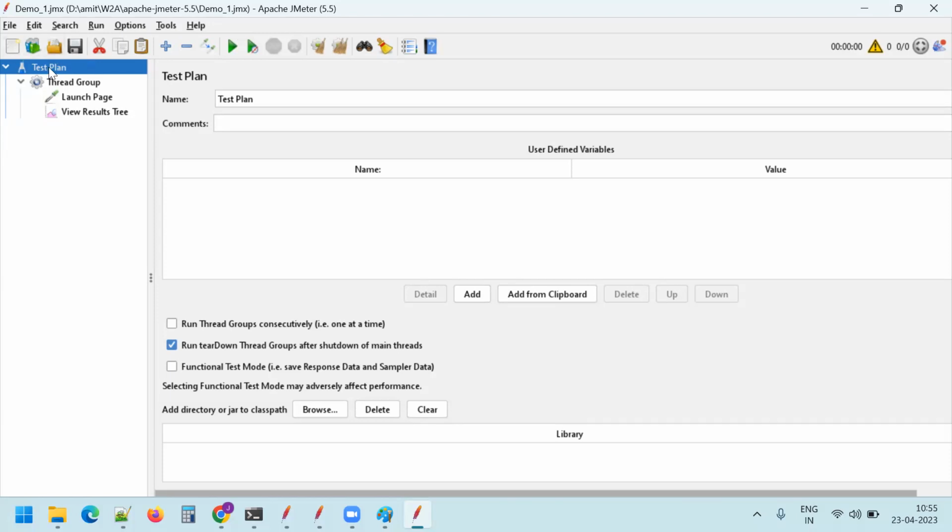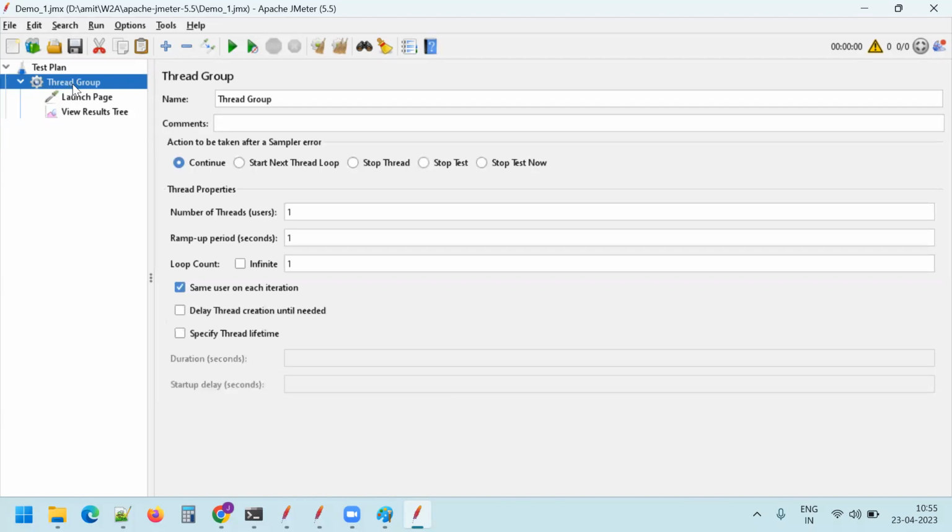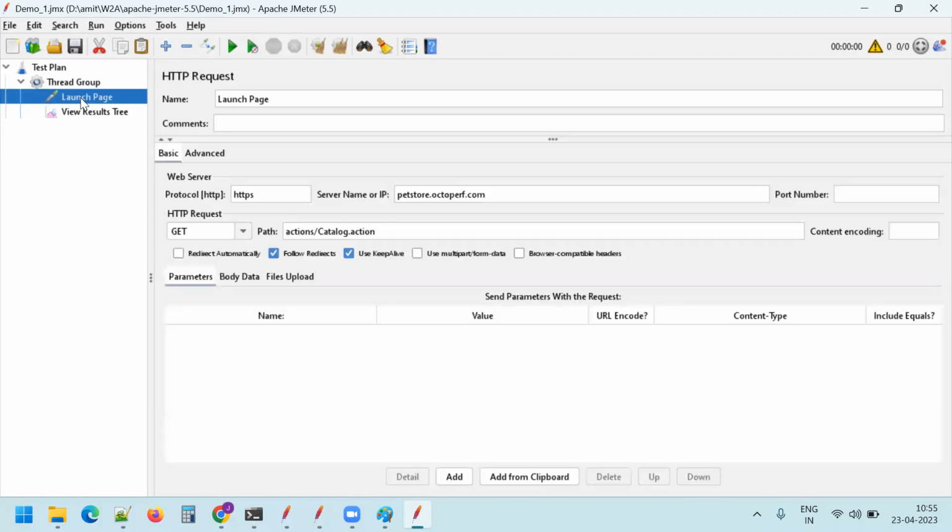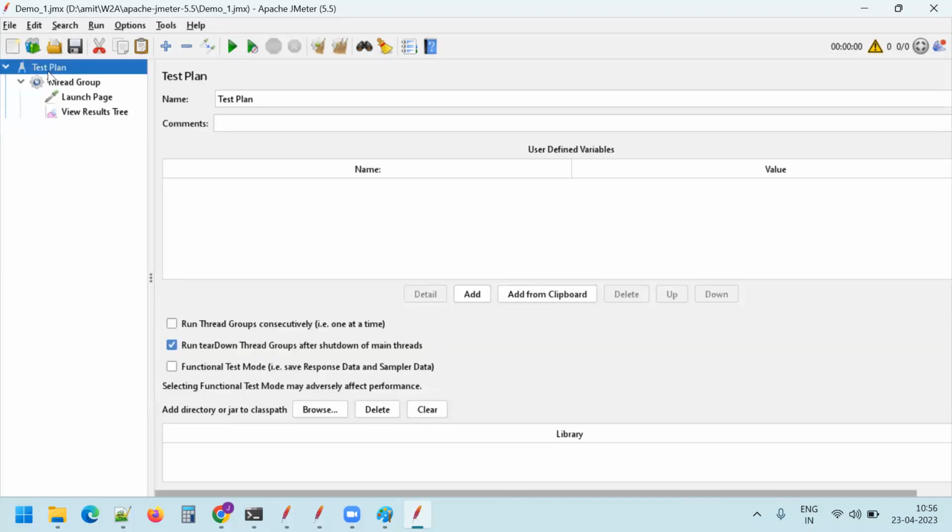Internally, JMeter has a test plan. So a script can only have one test plan and multiple thread groups, and obviously multiple different pages. Any other part we can have multiple, but a script which we named demo underscore one only has a single test plan. Okay,